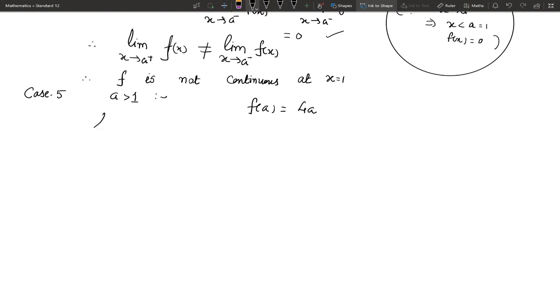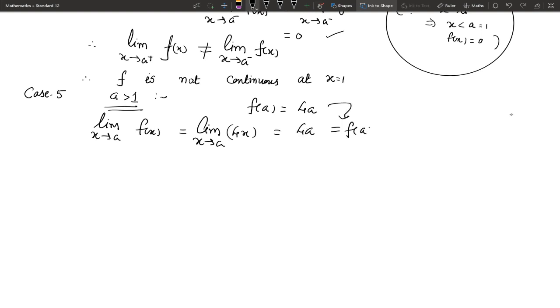Limit x tends to a, f of x equal to the value of the function, our a is greater than 1, so value of the function 4x, take x equal to a, 4a, so it is nothing but f of a. Thus for a greater than 1, limit x tends to a, f of x equal to f of a,